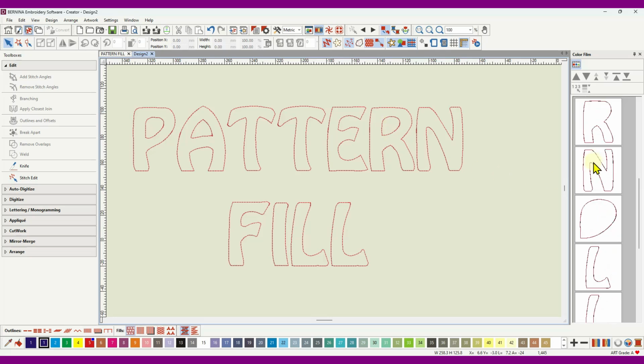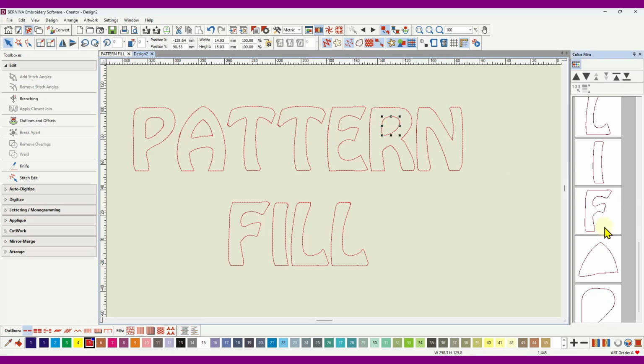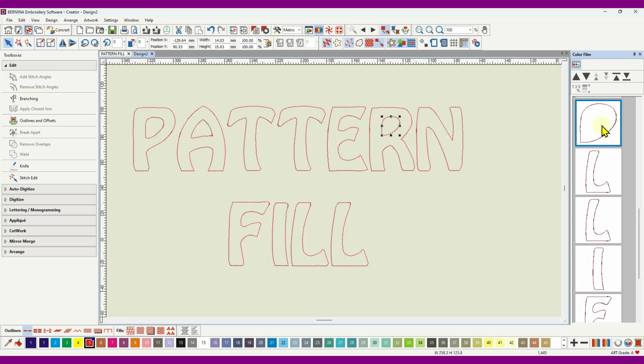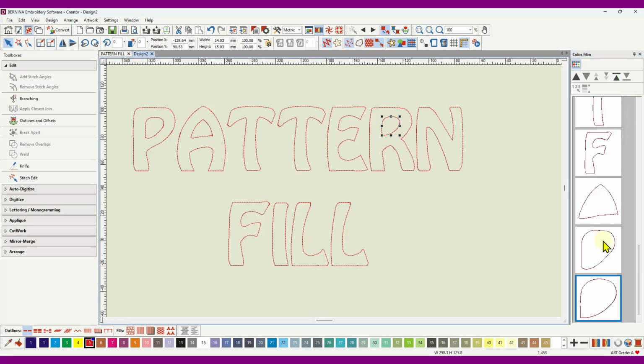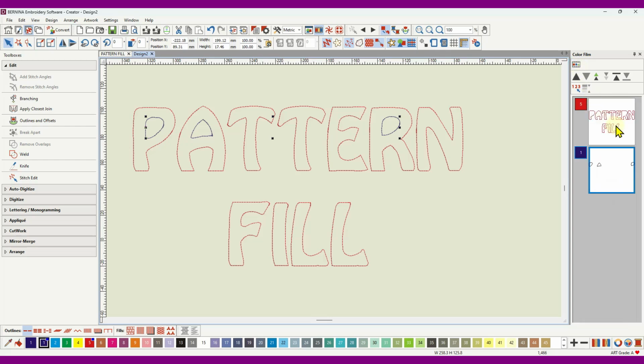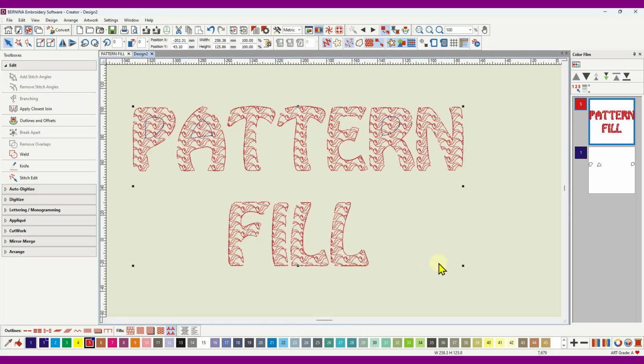Now what I'm going to do is find these holes. There's one and the other two are at the end, so I'm going to move that one down to the bottom as well, and I'm going to change those three back to the blue colour so they look different, and then go to the colour blocks, choose all the red and change that all to a pattern fill. There we go. The problem is now you haven't got holes where the gaps were, but you've got an outline to